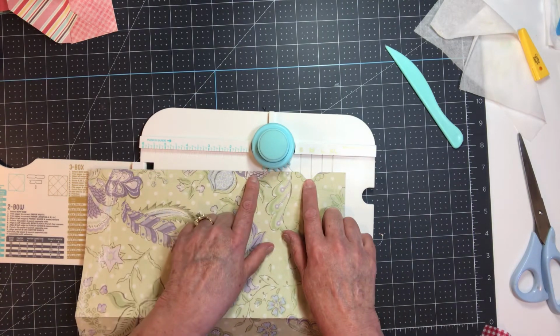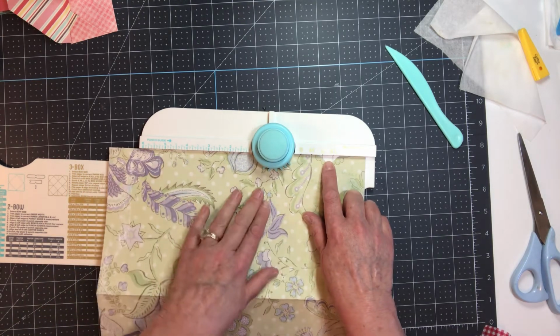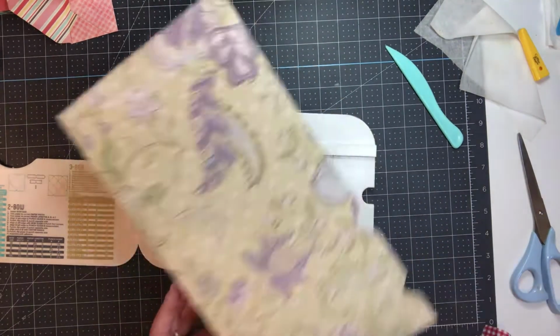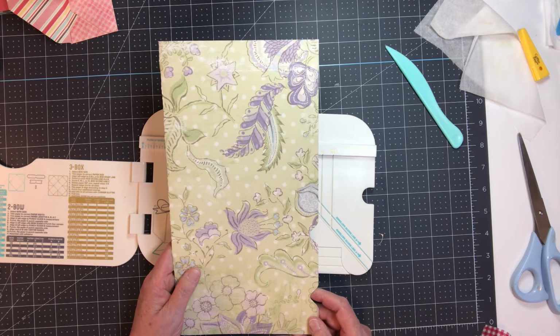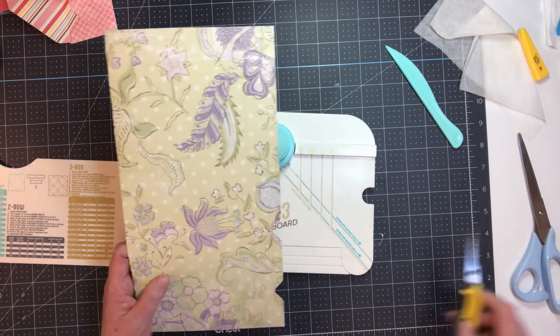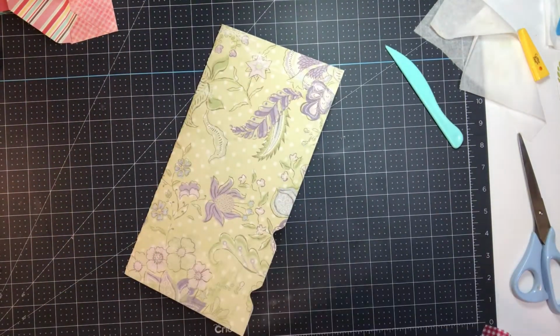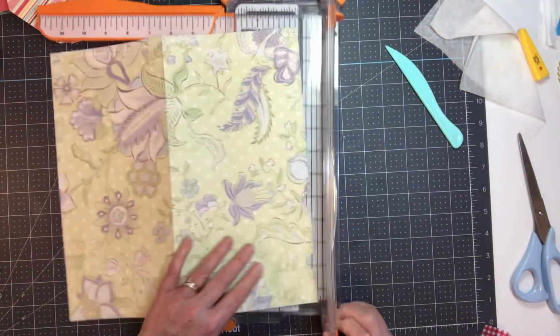Here's the beginning of my tab. I think I'm going to have my tab be pretty long. Okay? Yeah, I think that'll work. Then you can get your paper cutter. That's what I did. I think she cut it with a ruler, or probably a craft knife would be the best idea, but